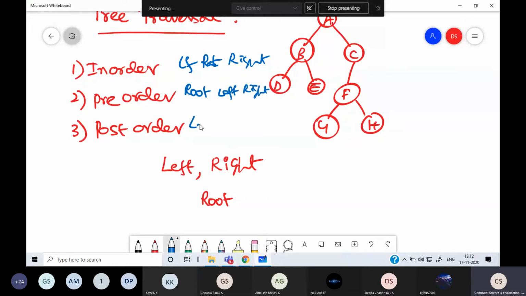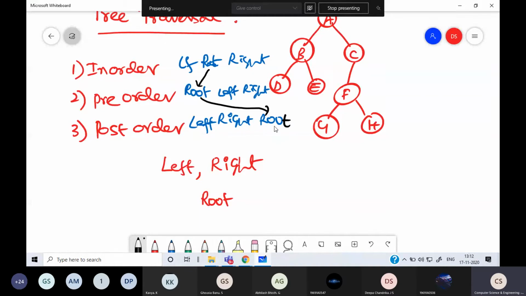In post-order, first the left subtree, then the right subtree, then root. So only the position at which we visit the root changes. In in-order, root is in the middle. In pre-order, root is in the beginning. In post-order, the root is at the end.